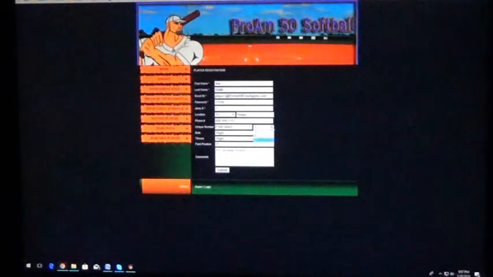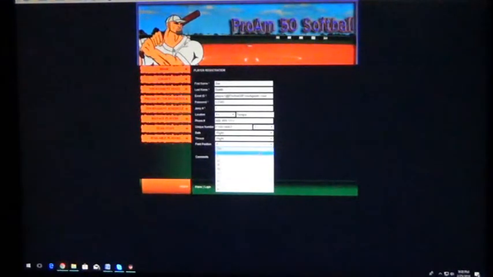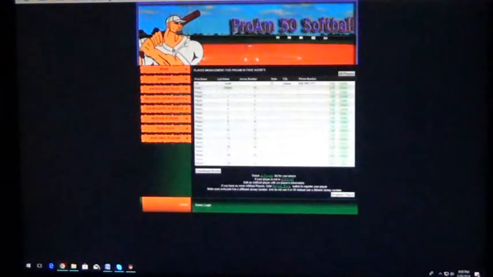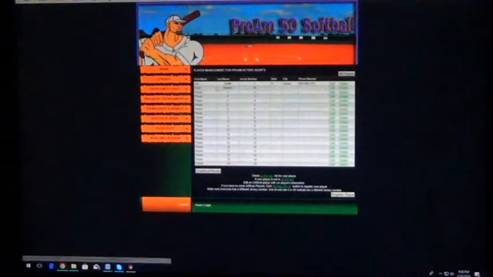Here is the division of play that he plays at. You can put bats, throws right. I put pitcher for now. You can put catcher, shortstop, and then you could type in a comment, all around player. So all you do there is just submit this, and this guy, you've now edited an artificial player to be